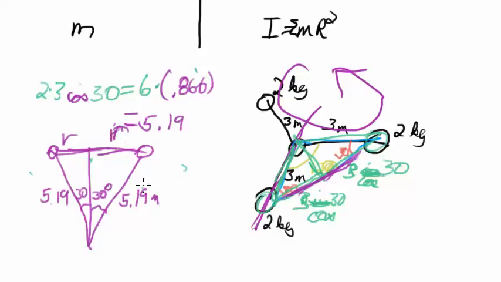We're going to just say 2 times our mass, 2 kilograms, times the radius squared, and that comes out equal to 27 kilogram meters squared. So when we spun it parallel to the plane it was 54 kilogram meters squared, when we spun it on an axis on which both of those masses laid,